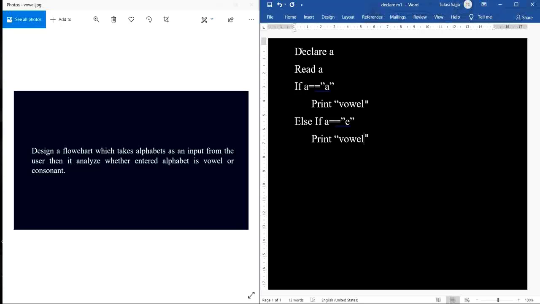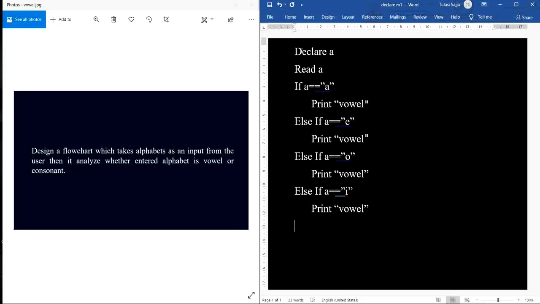If the entered character is not E, then we can go with another condition, that is, check with O. So if it is equal to O, then print it is vowel. Otherwise, if the entered character is not A, E, O, then we need to check with I. So if it is I, print vowel.